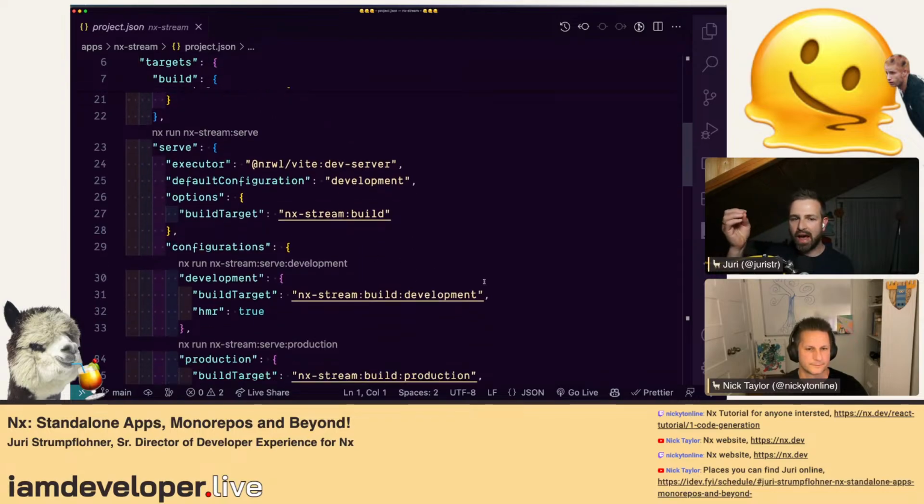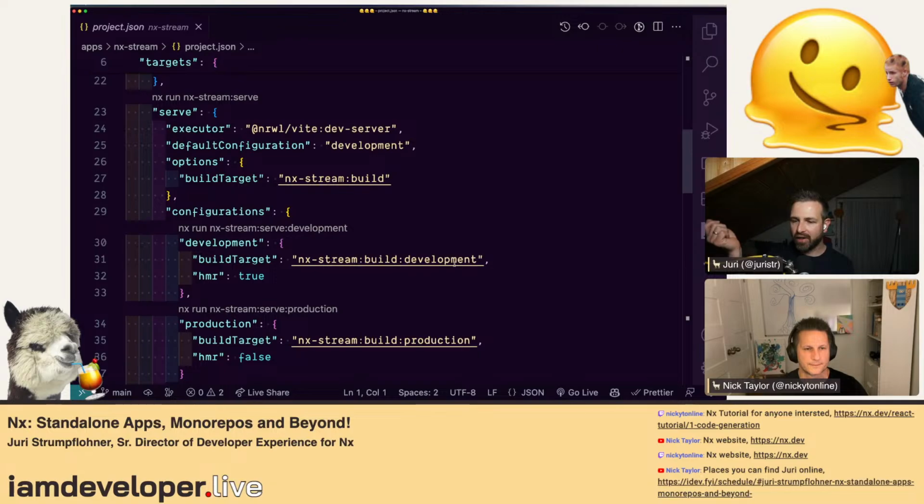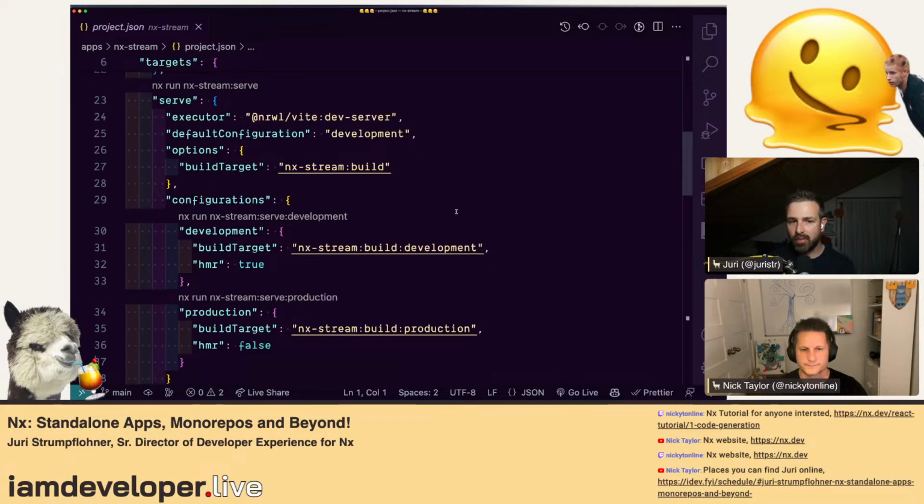Basically exactly as you would have in a package.json, the scripts, but I have more data, as you can see. There's an executor. An executor is just a function that gets invoked on the plugin here, in this case now our Vite. Plus, it has options that get passed basically to that plugin. And so to invoke those, you can actually just do npx nx, the target you want to have,